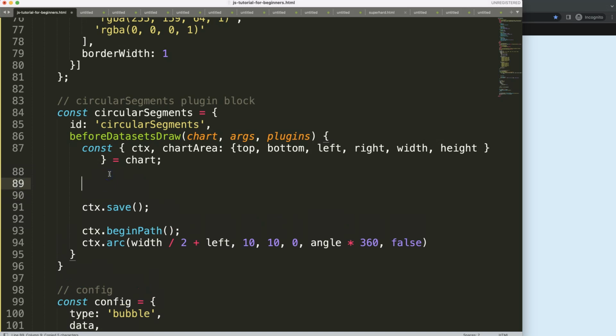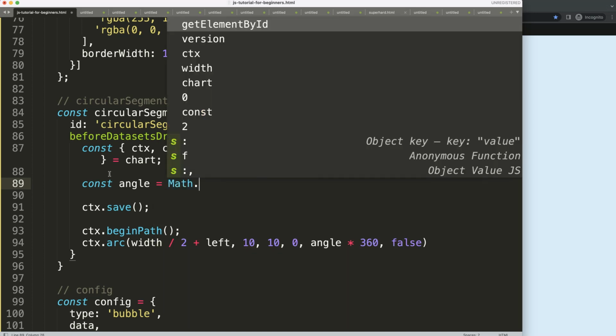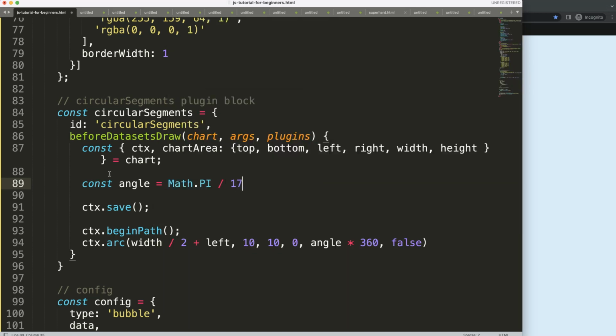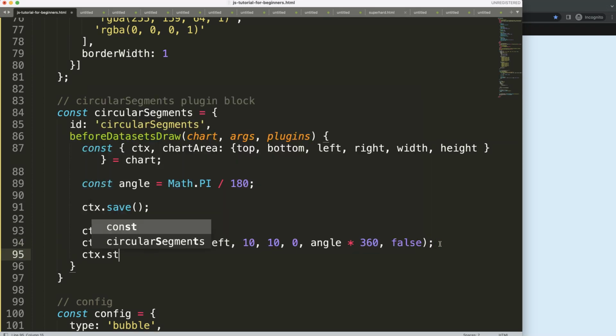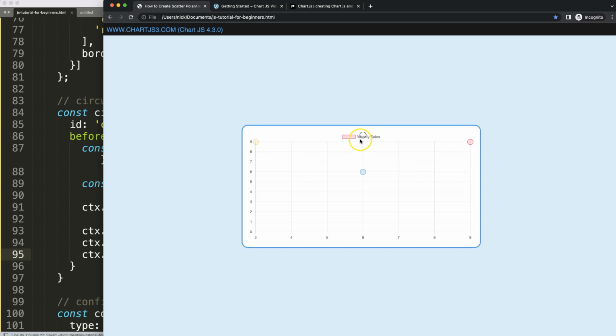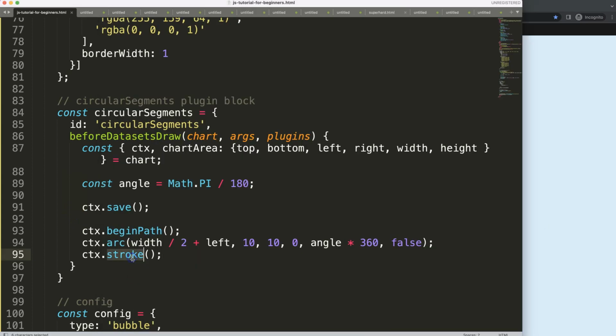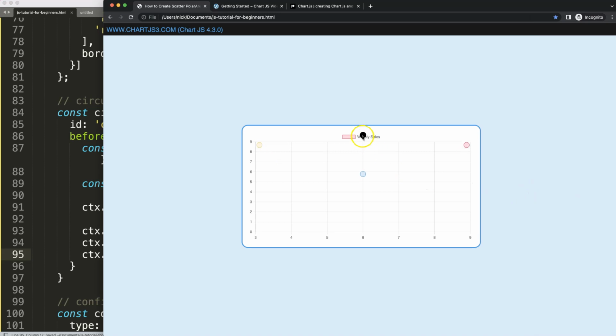So I'm going to say a constant, and then we say angle will be equal to Math.PI divided by 180. 1 pi is a half circle, 2 pi is 360. So that's why we're getting basically 360. Then I will say ctx.stroke or fill, that could be one or the other. If you do a stroke, it's a circle. If I do fill, it will be a circle with a border color or background color. So what I want to do now is push this down. I guess in the next video I'm going to start working on that, and I'm going to use a nice trick for